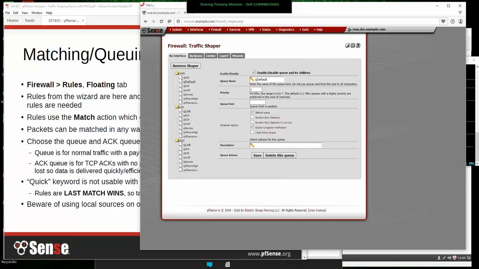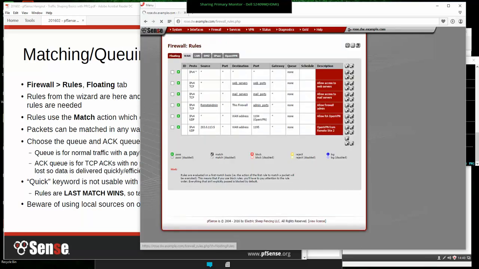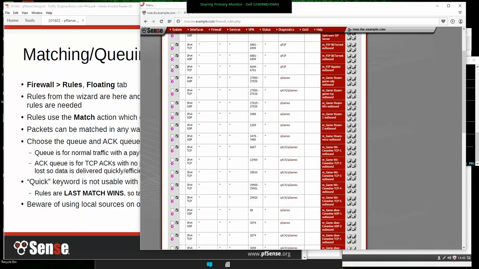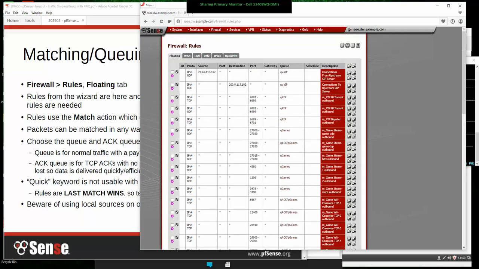All right, so let's go over how to do the floating rules, which is under Firewall and Rules over here on the Floating tab. And all the rules from the wizard are in this list. And like I mentioned, they're a good example as a starting point if you need to make adjustments. These rules all use the match action,